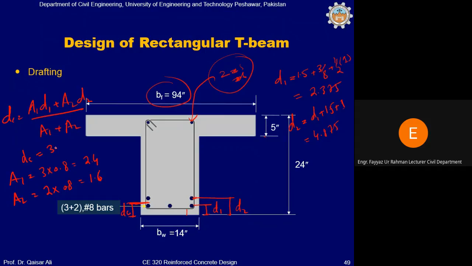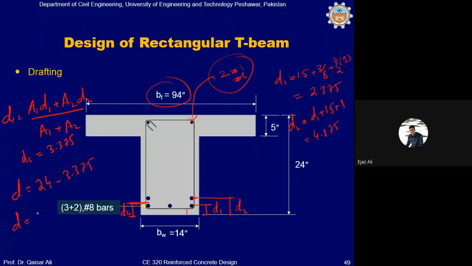It is coming 3.375. Now from this you can calculate the actual effective depth D. So now D will be equal to total depth, which is 24, minus DC, which is 3.375. तो ये जरा कैलकुलेट करें, शाबाश। 20.625। 20.625 इस तरह है। Yes sir।